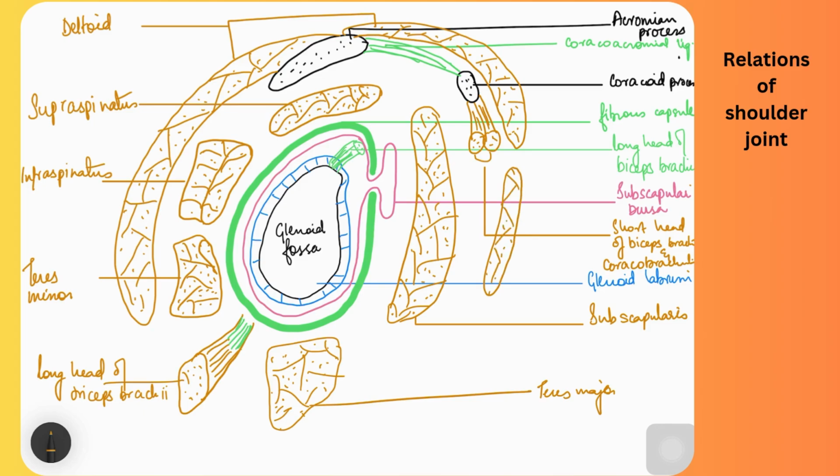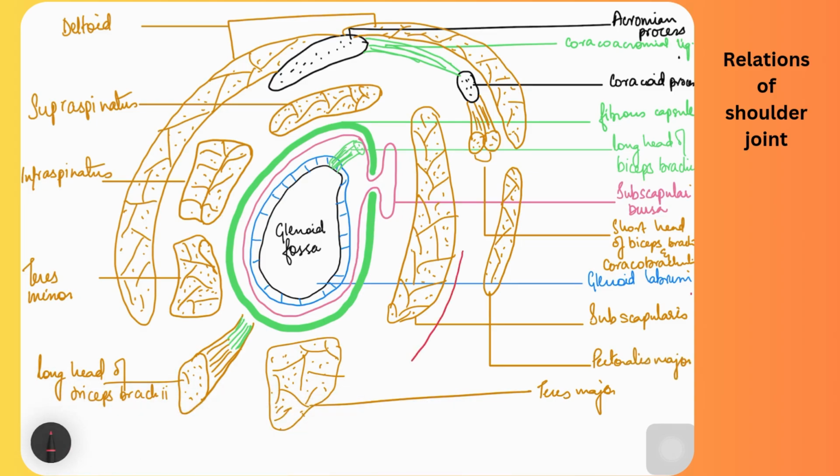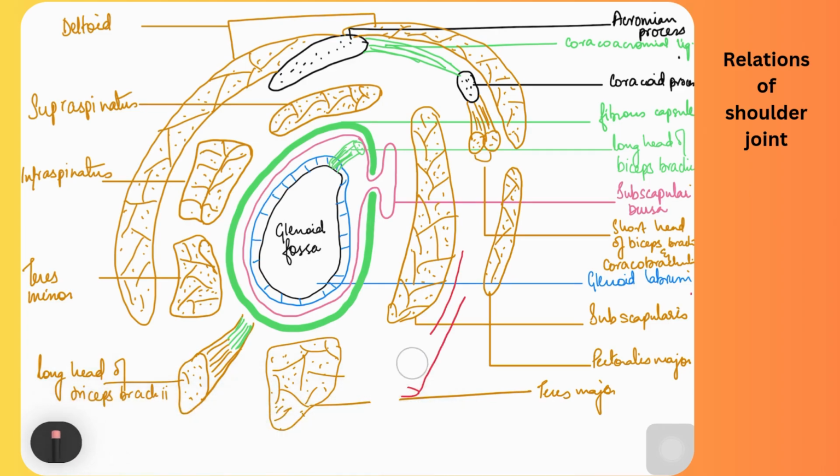The neurovascular structures which are related to the shoulder joint anteriorly are the axillary vessels. From the third part of the axillary artery, an important branch arises which lies inferior to the shoulder joint, the posterior circumflex humeral artery. It lies over here in the quadrangular space and is accompanied by a branch of the